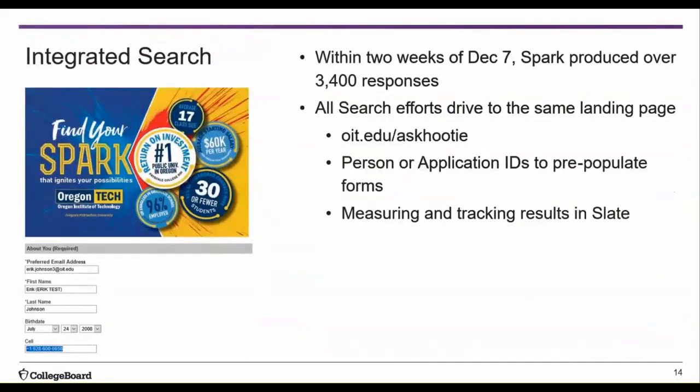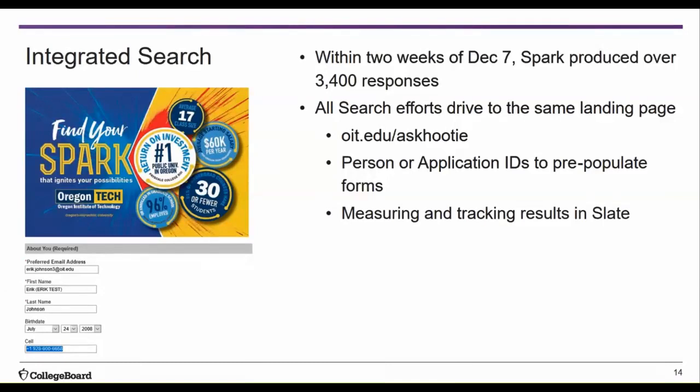Our 12 to 22 segmented standing orders are churned through multiple objects within Slate, fueling year-round engagement via multiple channels, all with varying calls to action to names who have not opted out. Obviously, poor data management, tracking, and neglecting to refine campaign messaging will quickly create a messy situation. However, by integrating standing orders into your Slate project and prep plans, it becomes very easy to measure results of your search strategy year-round. The shot in front of you is one of our many variations of our Spark of Response landing page, all of which have the same or very similar form rules, triggered communications, and the same group email.